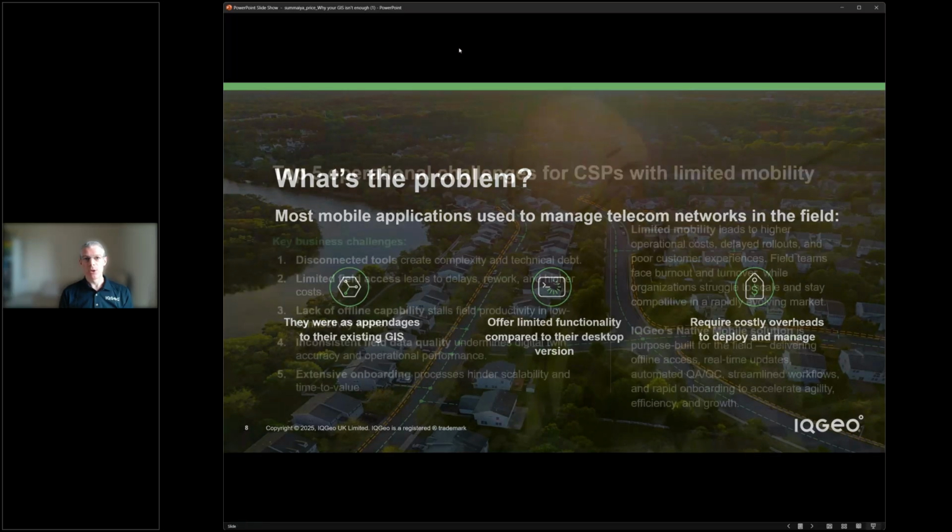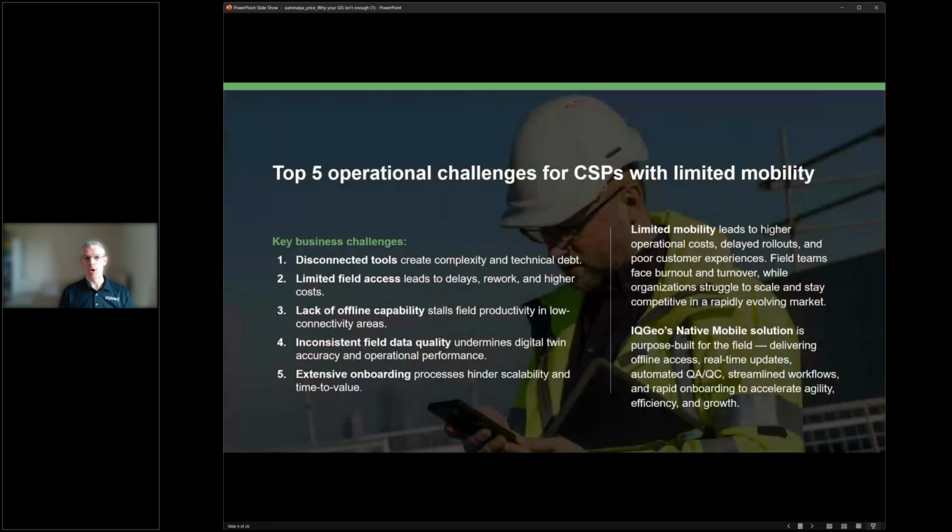And if we look a little bit deeper, we see 5 operational challenges that this translates into. We'll step through each of these challenges in turn, so I won't go through them in detail here. But the takeaway is that those challenges collectively lead to higher operational costs that can often impact rollout times, and ultimately end up in poor customer experiences as well.